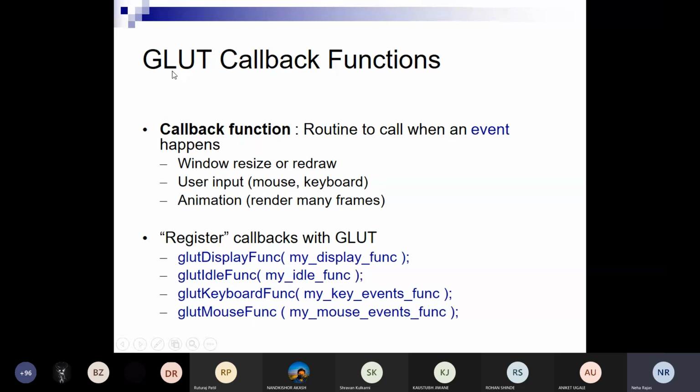So GLUT callback function, again we will see what a callback function is. Routine to call when an event happens.